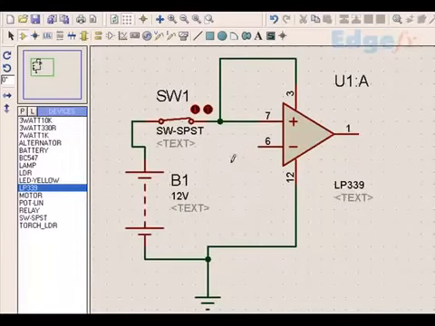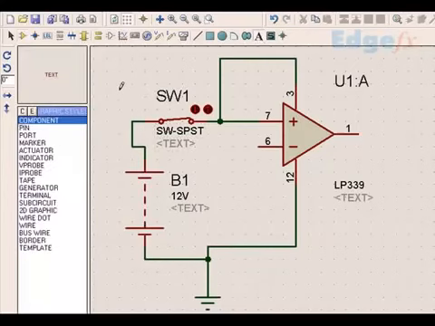So we give a supply to the IC, positive, negative, and then we know that operational amplifiers can also be used as comparators. What is a comparator? A comparator is that when